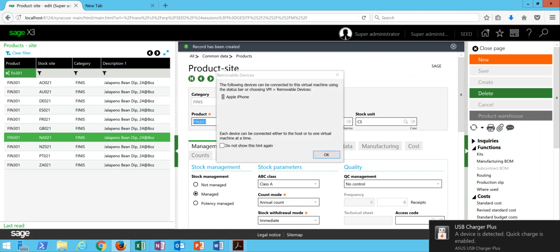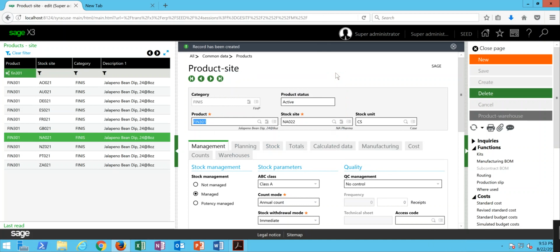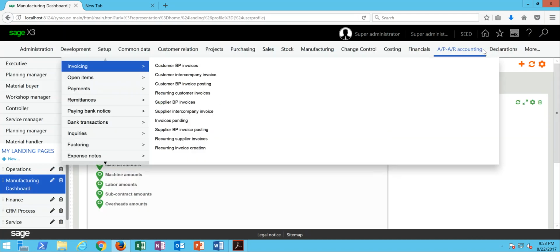Hello. In today's lecture, we're going to be taking a look at what's called the cost transfer function within X3. Now, the cost transfer can be a useful tool in helping to maintain costs, your standard and other analytical costs across your various warehouses. So we're going to take a look at a couple different ways in which this cost transfer may be utilized